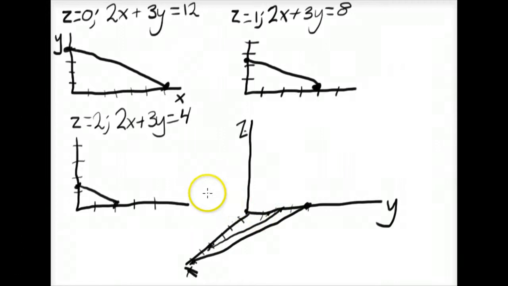And then we have the value of x at 2 to the value of y at a little greater than 1. So as you can see, by drawing these three, we're actually getting a plane in space when we set z equal to 0. So the graph of a linear function with 3 variables is going to be a plane in space. So now once you realize what the graph looks like, you can draw it more quickly